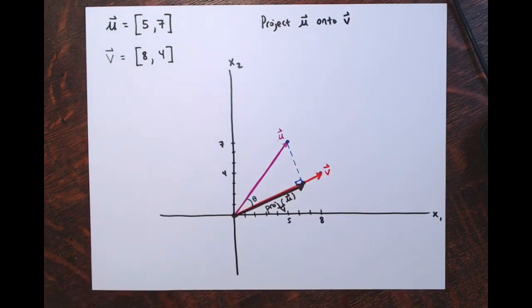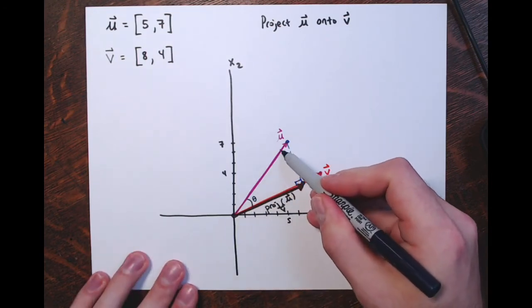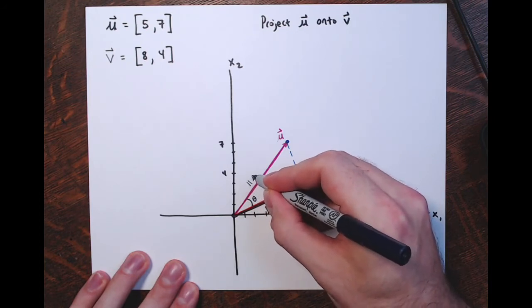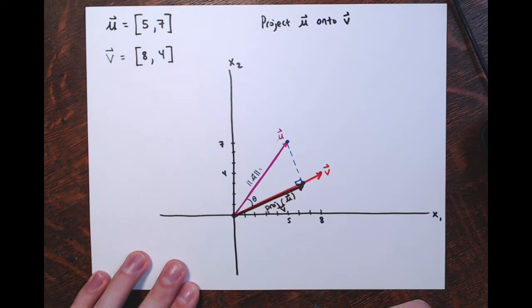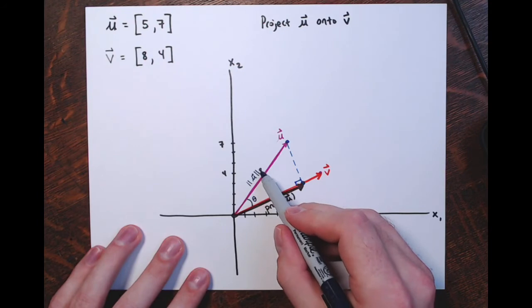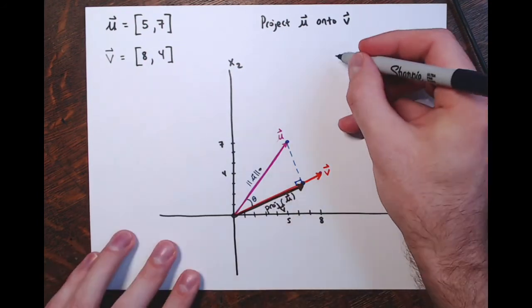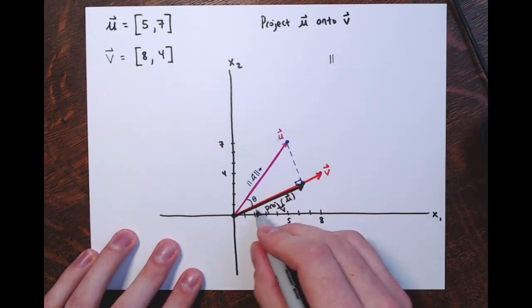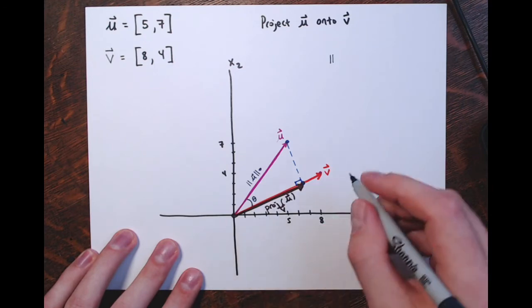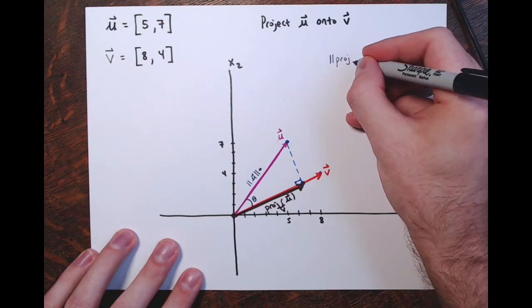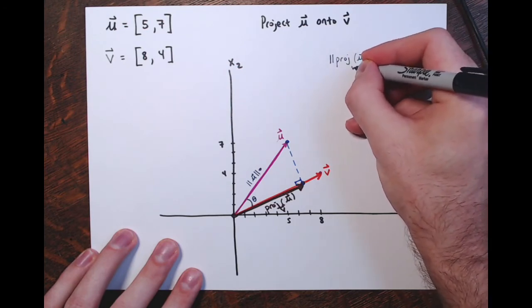Right, the angle between them is this theta. And the length of this vector is the norm, the magnitude of u. Now we know what that is, right? The magnitude of u. Well, I don't need to find it, because what we're going to see is, look at this, right? The length of that projection vector, the length of this brown vector here, this side of the right triangle, right? You see the right triangle here? The length of this projection vector, the projection of vector u onto vector v,